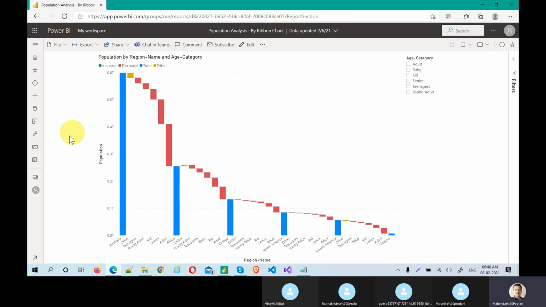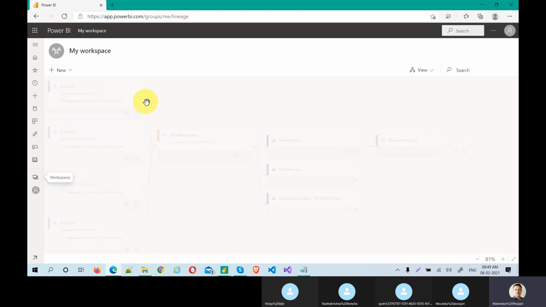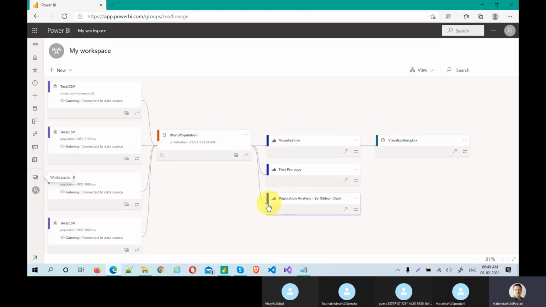If you go to lineage view, go to my workspace, click on this. By default, your workspace will be available, but you can create an extra workspace. We'll talk about that later. If you see the lineage, from one data set you have created 3 reports. See, population analysis by ribbon chart, first pro copy.